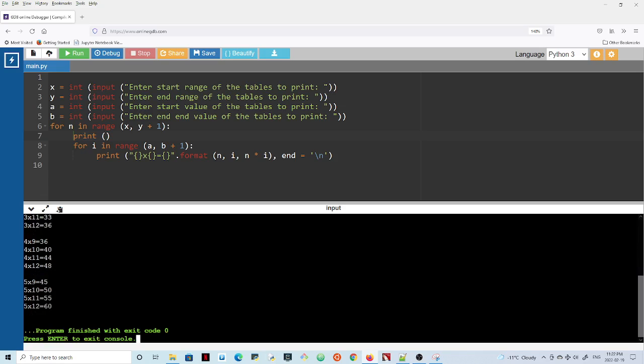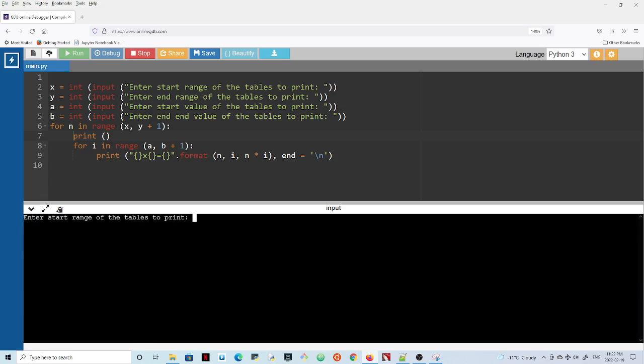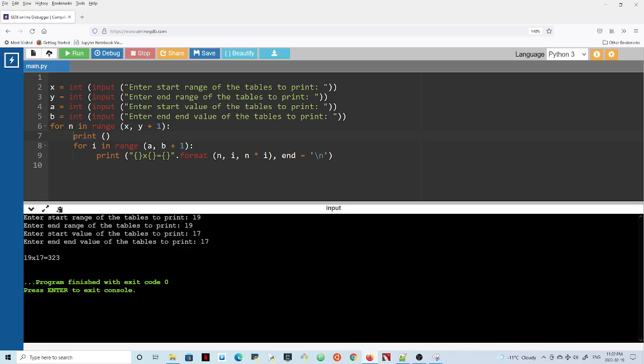Now what else I can do is try to run this back. Supposing I want to multiply, let's say, 19 by 17. So I can say the start range of my table is 19 and the end range is 19, and I want to multiply by 17, so I just hit 17. So it has the ability now to do